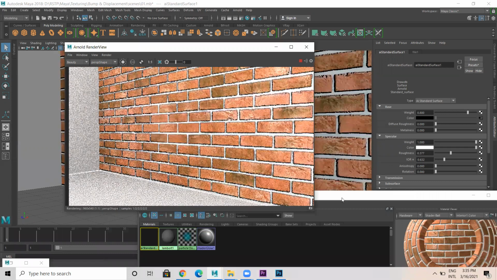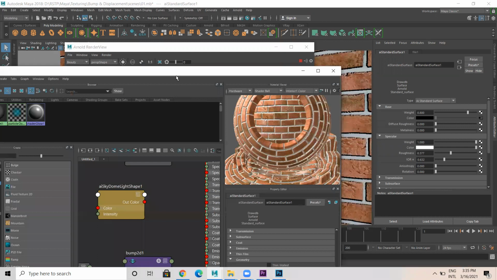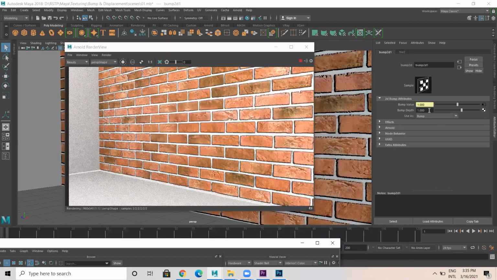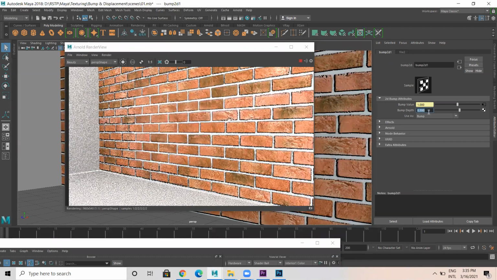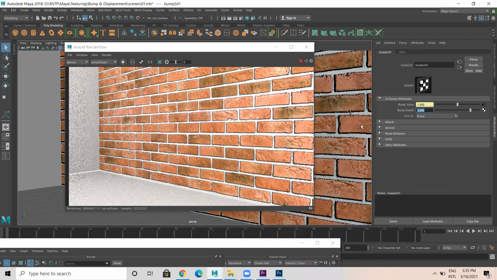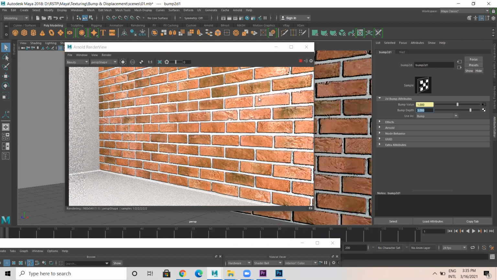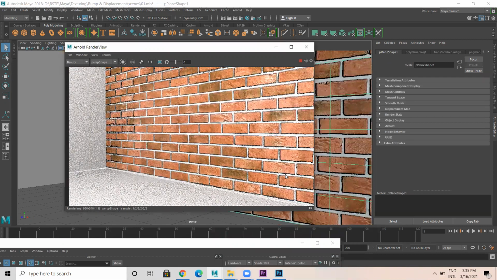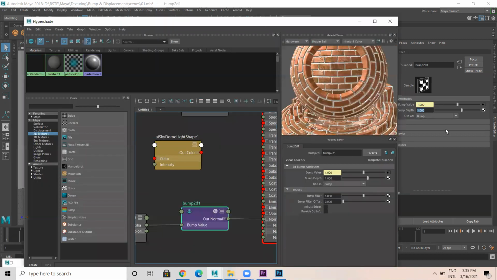Okay, now I'll come over here. This bump depth, click on this. How much depth you want? Now this is 1. You can make this 0.5 and you get 0.5 depth. If you want more depth, you make it 3. Okay, it is taking time. Let me not make it 3, 1. Yeah, like this. So I think 0.5 bump value is fine.